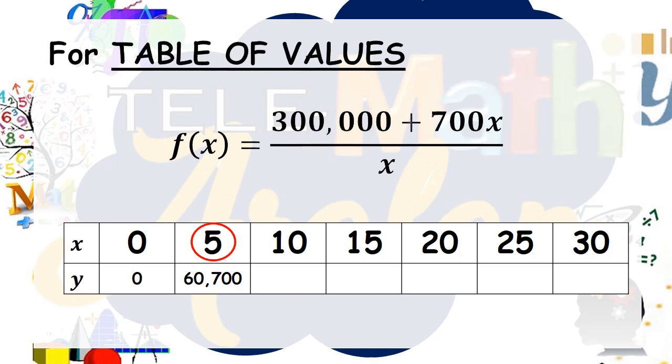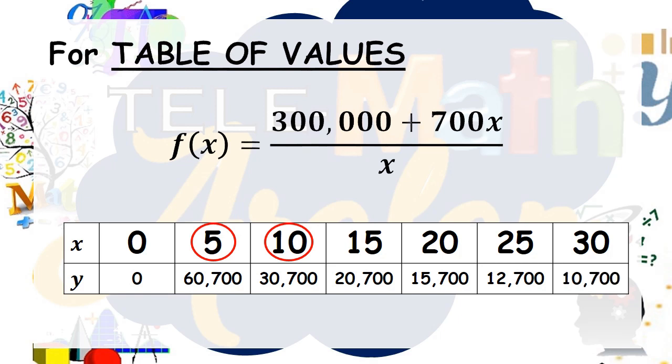Let us try also to substitute 10 to our x, and we will get 30,700. Continuing the process, we will have for 15 is 20,700, for 20 is 15,700, for 25 is 12,700, and for 30 days is